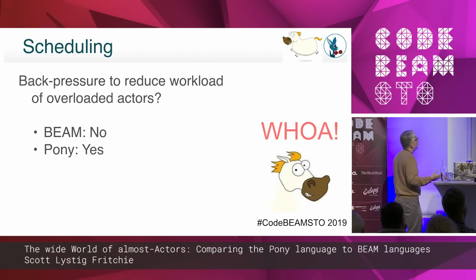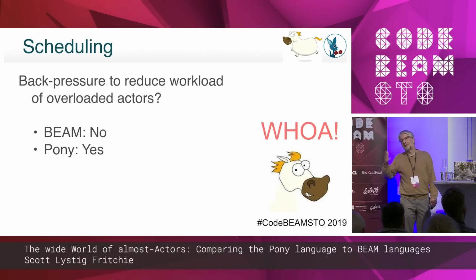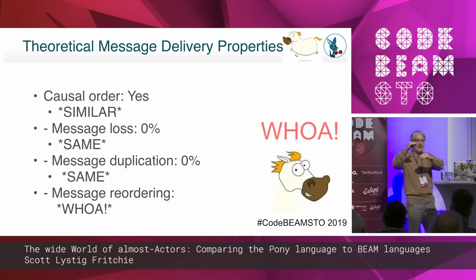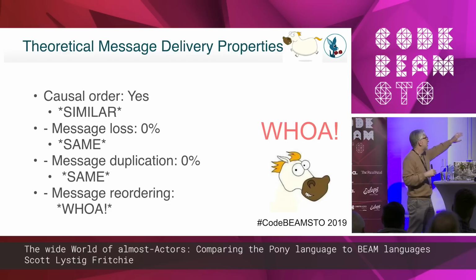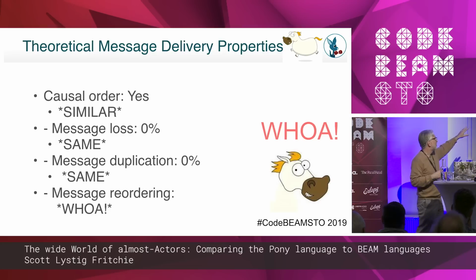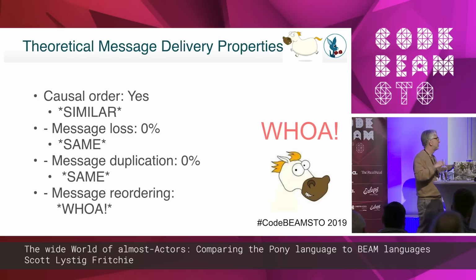So here are the theoretical message delivery properties. We've already talked about causal delivery order. If you're specifying a protocol like Paxos or Raft or two-phase commit or those sorts of things, then you typically set out in the big bold print at the beginning of the description of the algorithm some certain properties of the messaging. Is there causal order or FIFO order, or what is the order of delivery of messages?